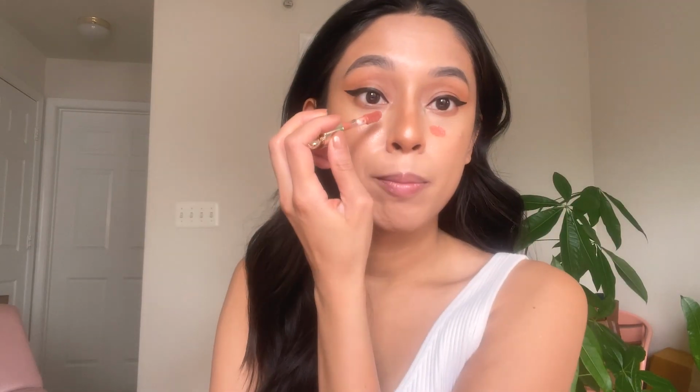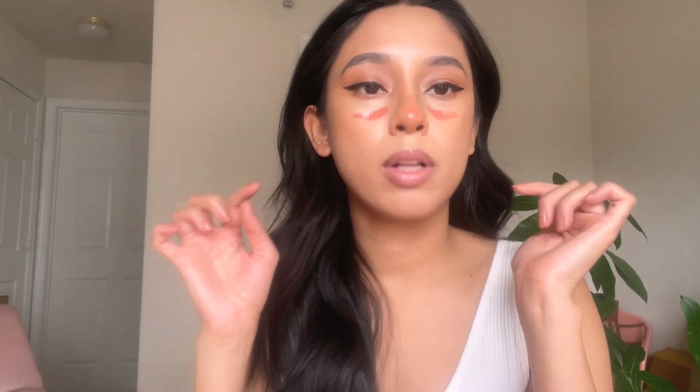This color, if you have light medium skin like me, oh my God, it's so pretty. You can also see that my blush placement, I basically put it right there under my eyes. The reason is that's kind of the part of my cheek that I like to look fuller as opposed to like here. I think right here is where I also have a natural, I kind of have covered it now, but I have a little bit of, can you see that? Like there's just a little bit of indentation, and when I put blush right here,